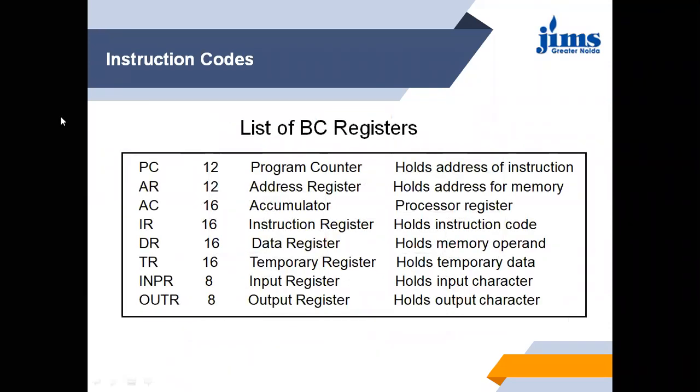So don't be confused. Now there are different registers inside the CPU. In these registers only the calculations are going to be performed, because when any operation has to be performed, there is data in RAM, the primary memory, and this is a CPU.